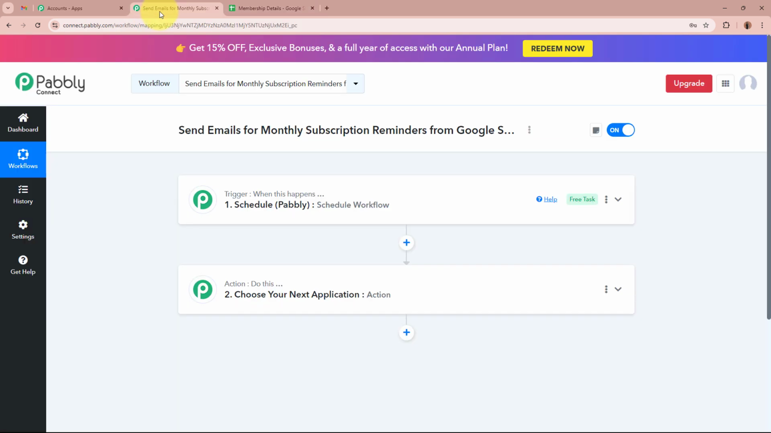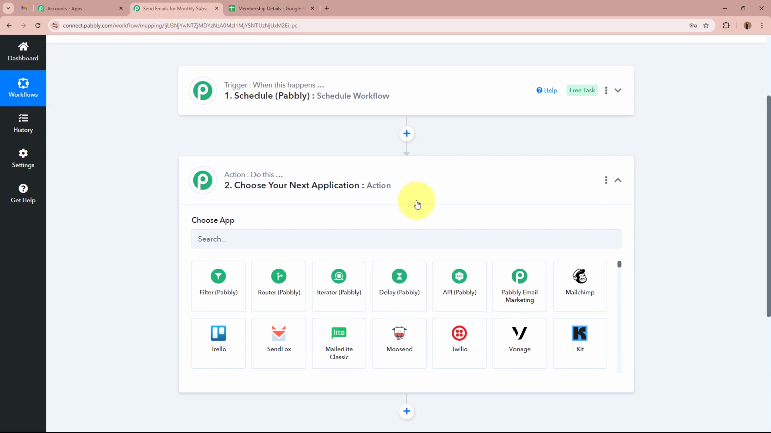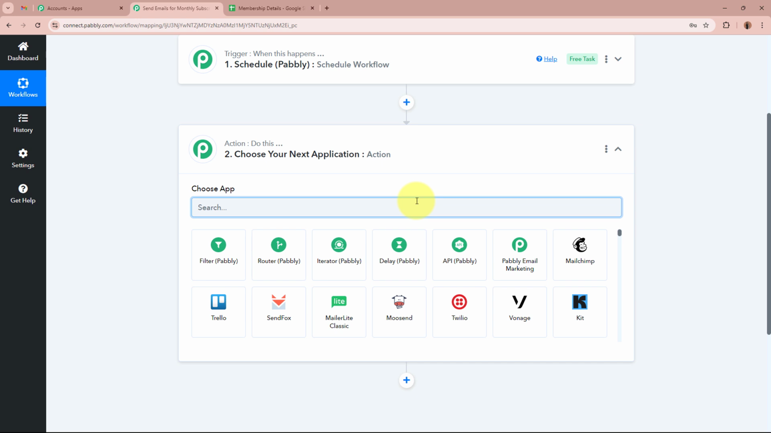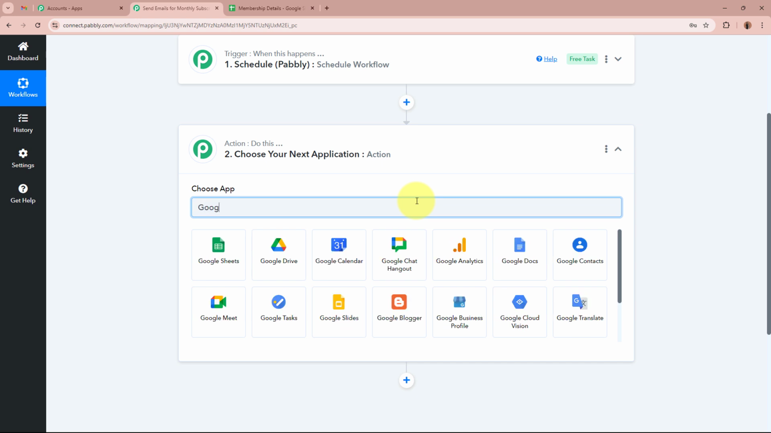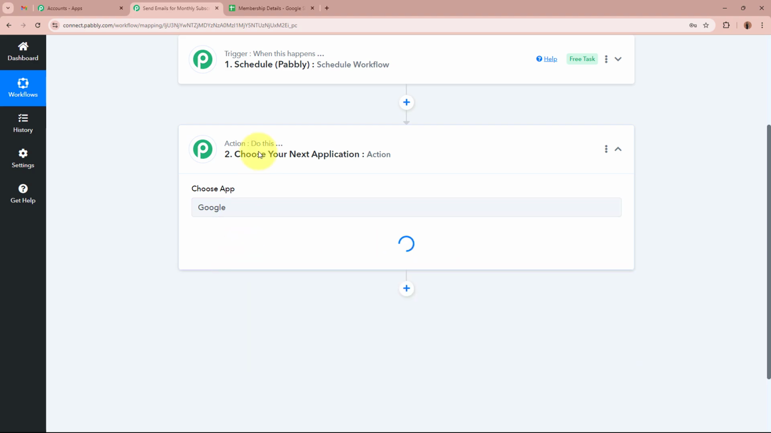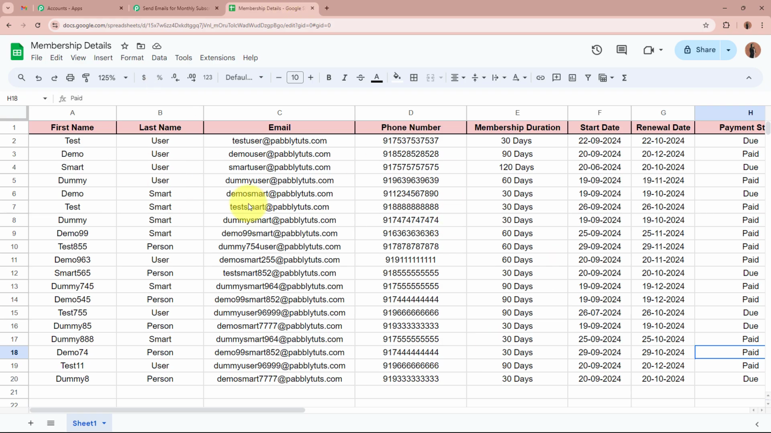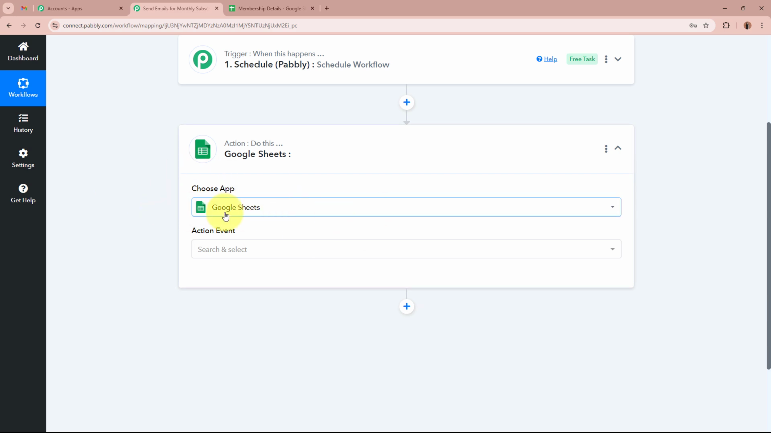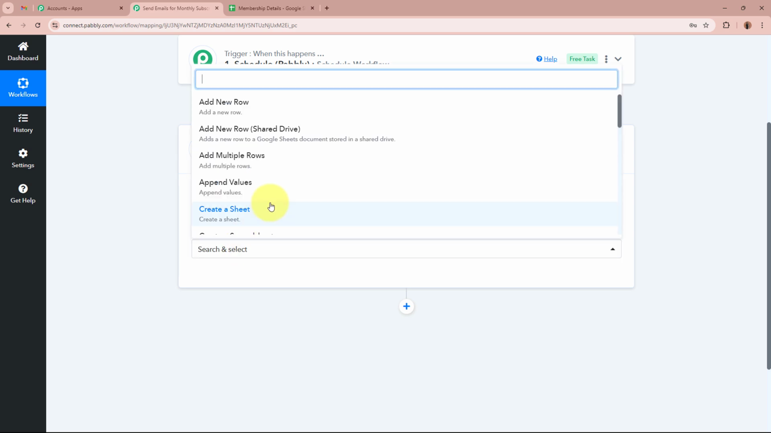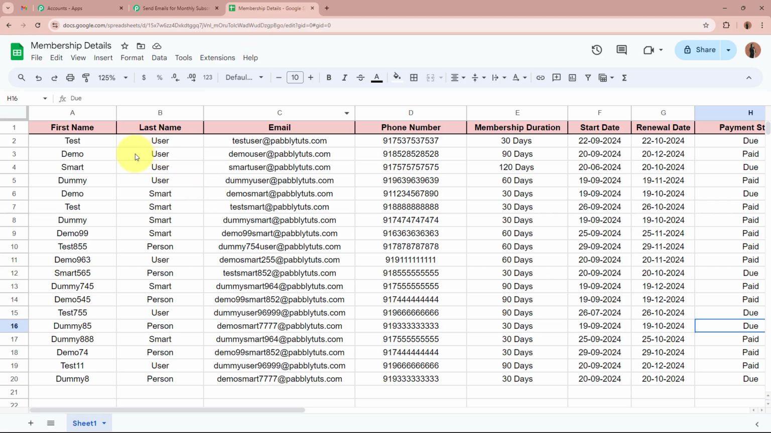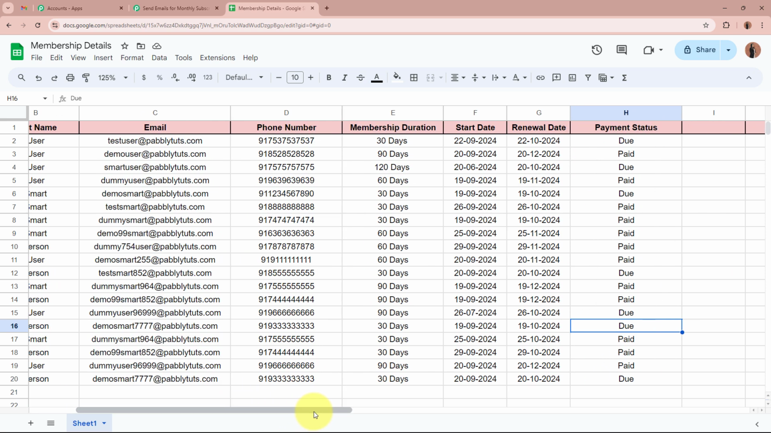Now, in order to have the details, we're going to set up our action step. And for the action application over here, I'm going to select Google Sheets, as I've created a record of all the members in my Google Sheets, and I want to send the members whose payment status is due the payment reminders on their Gmail account. So that is why over here I'm going to select my action application as Google Sheets. And for the action event, as I want to get the details of all those members whose payment status is due in this payment status field right over here,